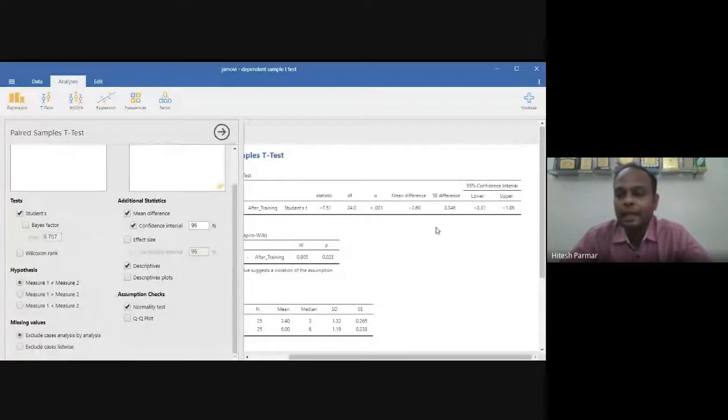This time you get minus 2.6. Now both values are negative, minus 3.31, minus 1.89. What does it indicate? Lower limit is also negative and upper limit is also negative.